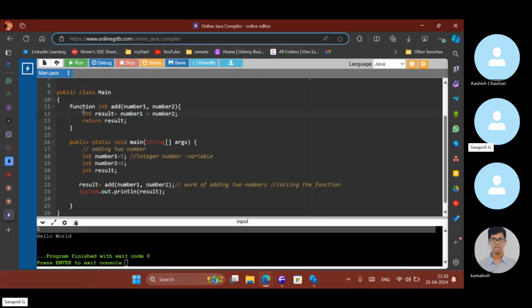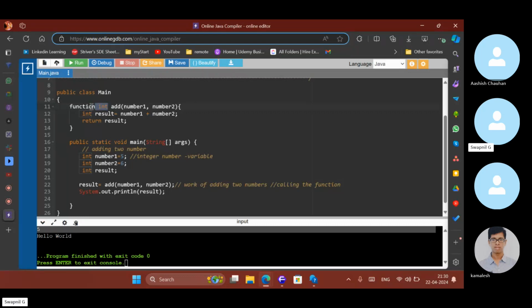Yes. In JavaScript, you don't need to do this. Why? Because in JavaScript, you don't need to put int. JavaScript may require a return type sometimes and may not require it at other times. But in Java, what do we say? In Java, you must define a return type. Is this part clear? Till now, we are clear.